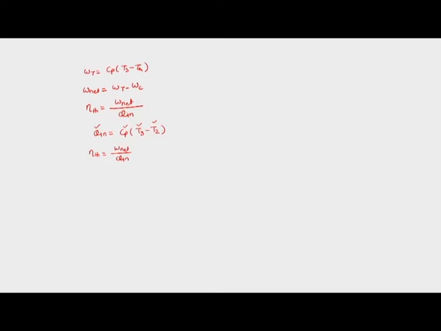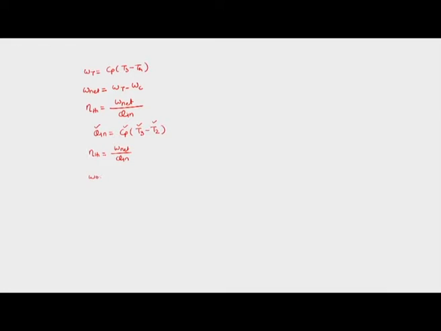So, this is how we would have solved the problem, and this problem is a special problem, since this problem deals with the optimum net work condition, and this formula we have derived. There would be one more thing which some people would ask in the example, and that is work ratio. So, work ratio, we have seen that work ratio is W net upon Wt, which is turbine work. So, turbine work is found out, W net is found out.